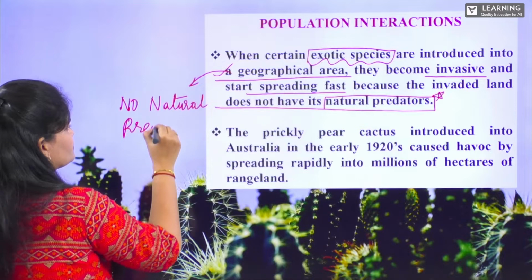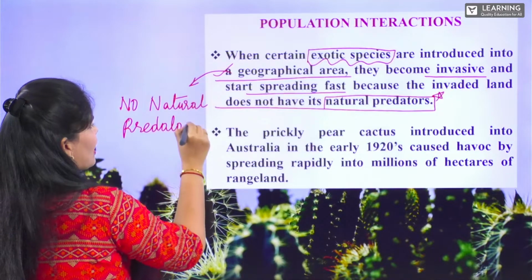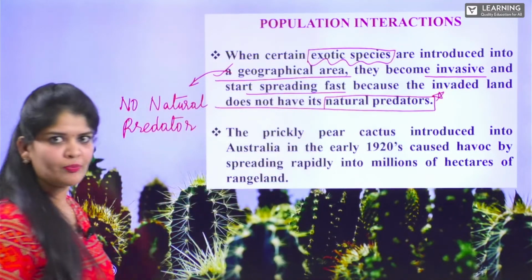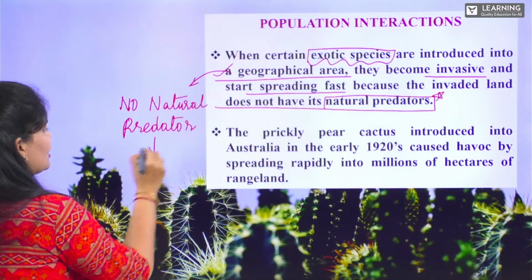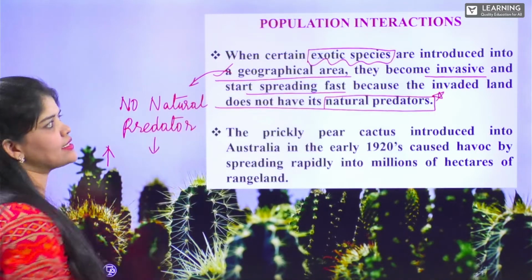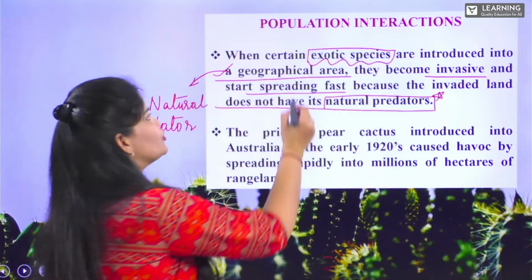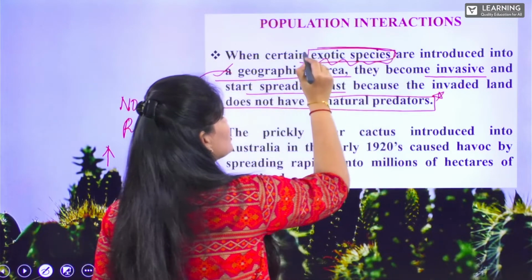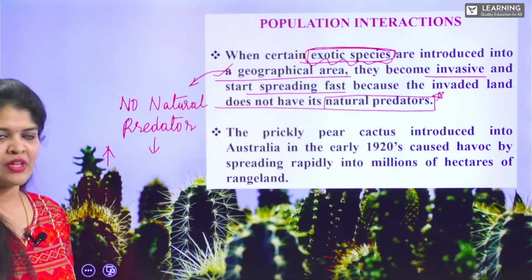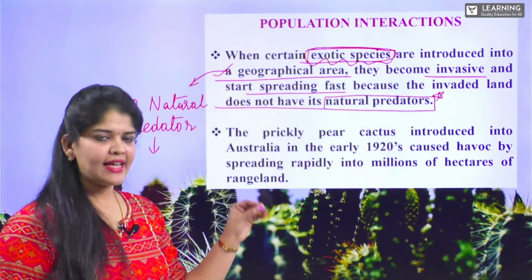So, as the predator is not present, it leads to an increase in the number of newly introduced exotic species. Here, an example is